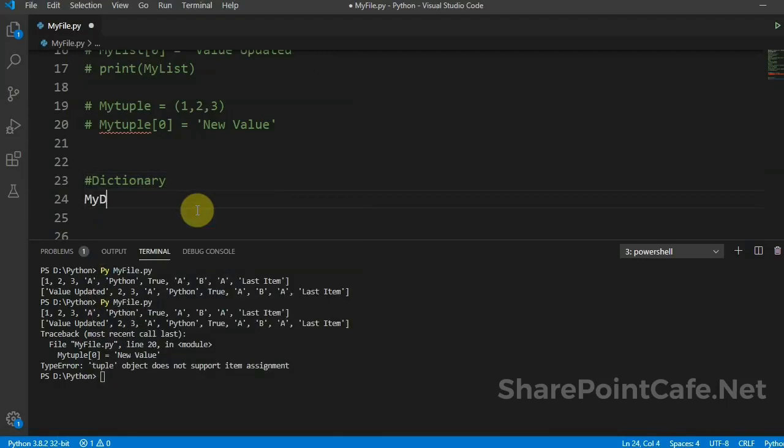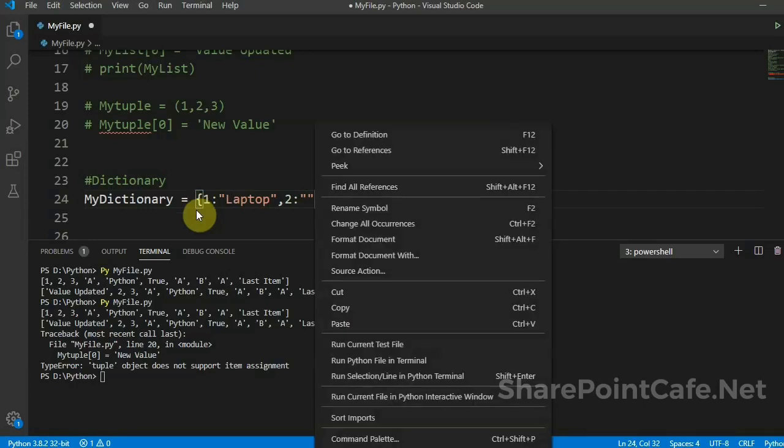Now we will see dictionary. Dictionary is mainly to store data in key value pairs. So first we will declare dictionary and key equal to 1 and I'll assign some value, laptop and then 2 mobile.